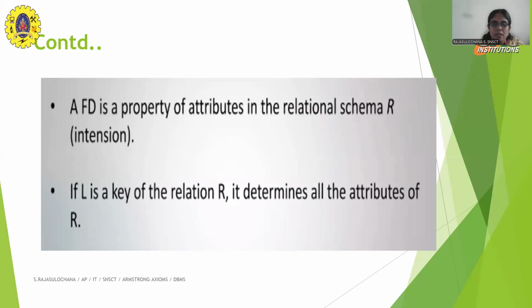Under functional dependency, we have several rules such as reflexivity rule, augmentation rule, and transitivity rule. These rules help in identifying the Armstrong axioms of functional dependency. And there are several types of functional dependencies such as trivial functional dependency, non-trivial functional dependency, multi-valued dependency, and